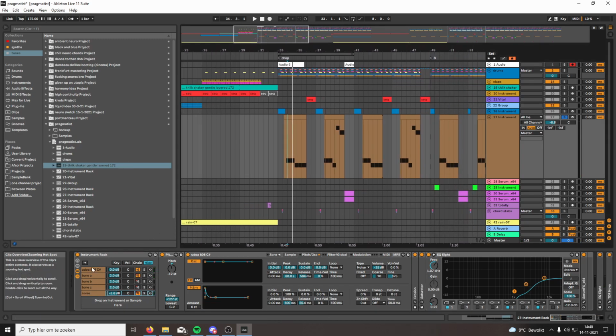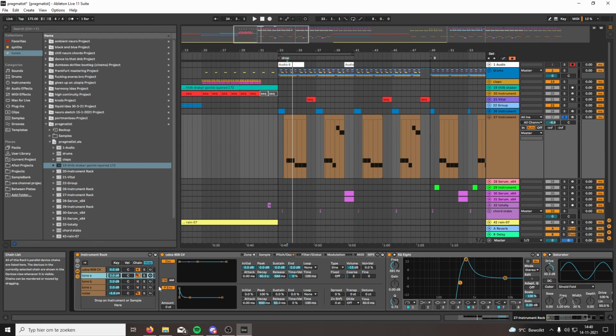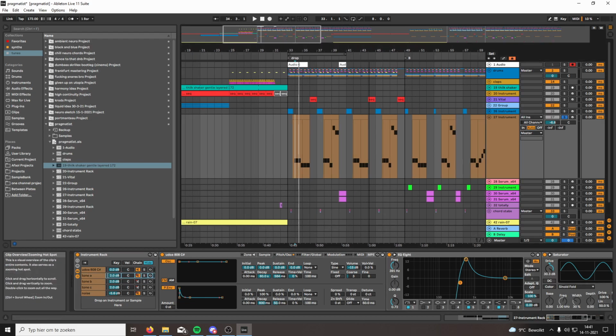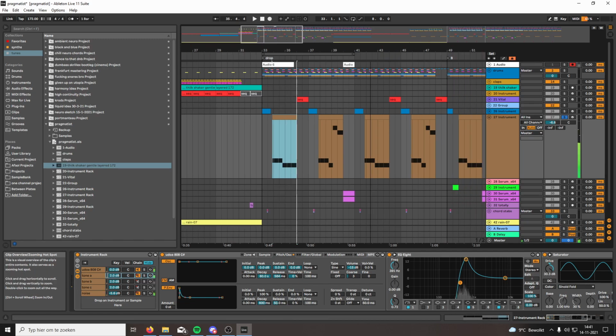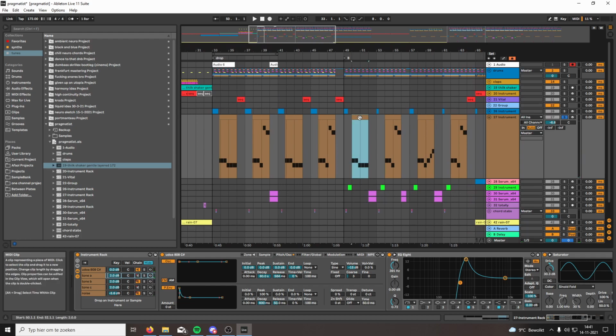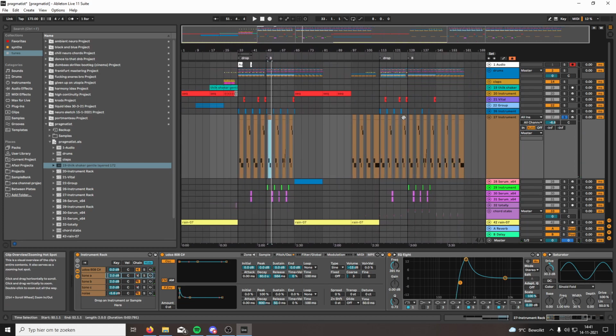And then to keep things fresh, I just switch out this tonal layer with different sounds. So in the first section of the drop, the sound sounds like this. And then in the B section of the drop, it sounds like this. And then even later on in the B section of the second drop, it sounds different still. Right now, they're maybe not mixed as nicely as I want, but it's just a little thing I did